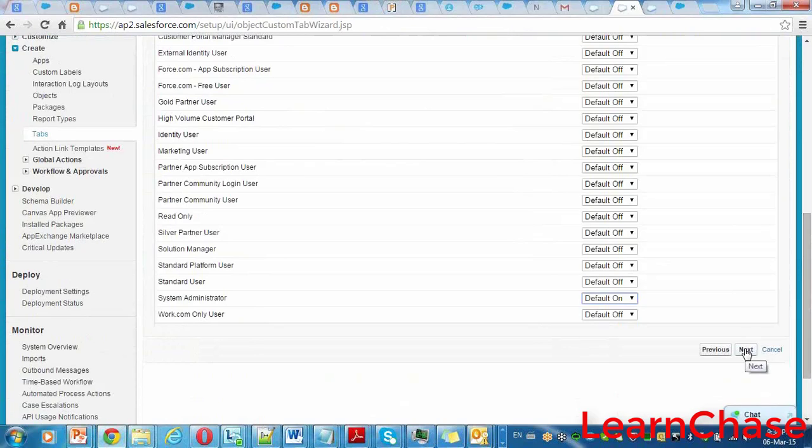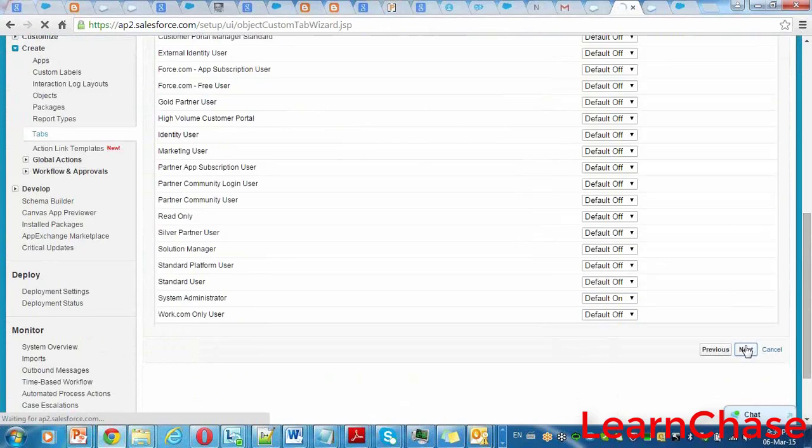For that there is a separate profile in Salesforce. That's the system administrator profile. So whoever created this object, they are the administrator, right? Yes. Exactly. You are clear, right? Now I'm giving access only for the system administrator. For the remaining ones, it's default off. Whenever they click on plus, then only it will be shown for them.